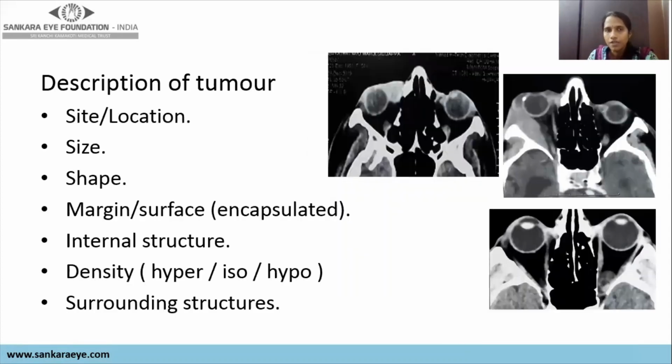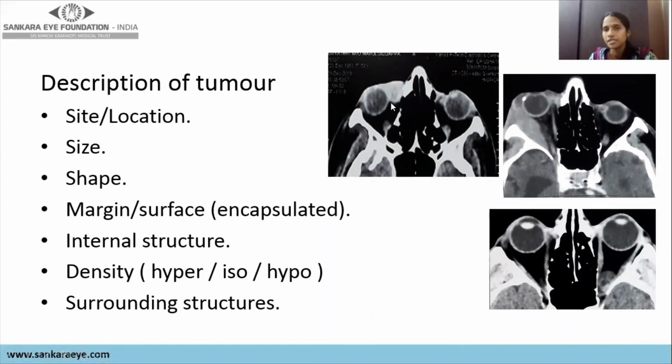And once you have identified any lesion within the orbit, this has to be described in terms of its location, where exactly in which quadrant of the orbit it is located, whether it is intraconal or extraconal, the size of the lesion, the borders, whether it is regular, irregular, or infiltrating, and also the internal consistency, whether it is homogeneous or heterogeneous, the density of the lesion to be compared with